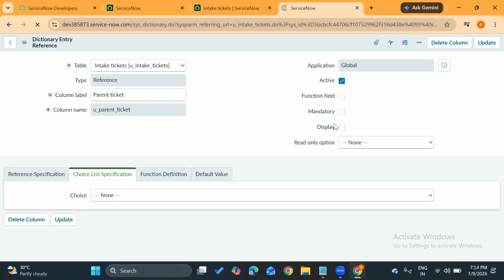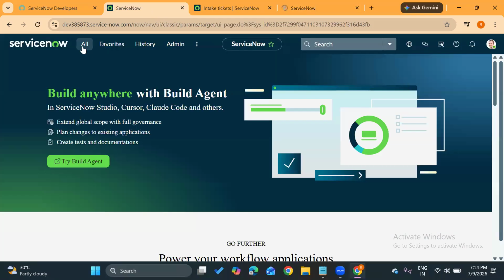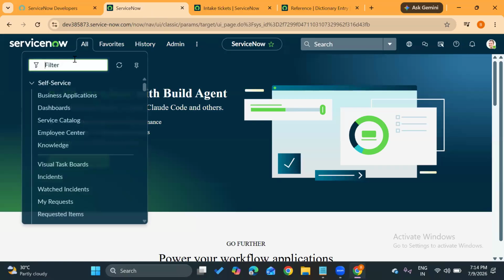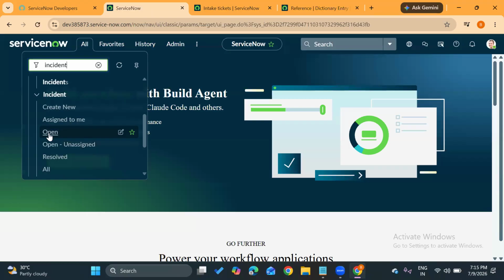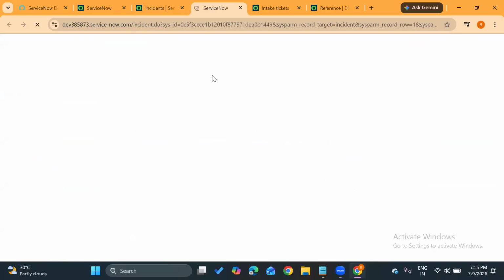So there is a display checkbox. The functionality of display is different. You can see, guys, let's say I go to any table, like incident, problem, or change, whatever it may be. If you open a particular record,